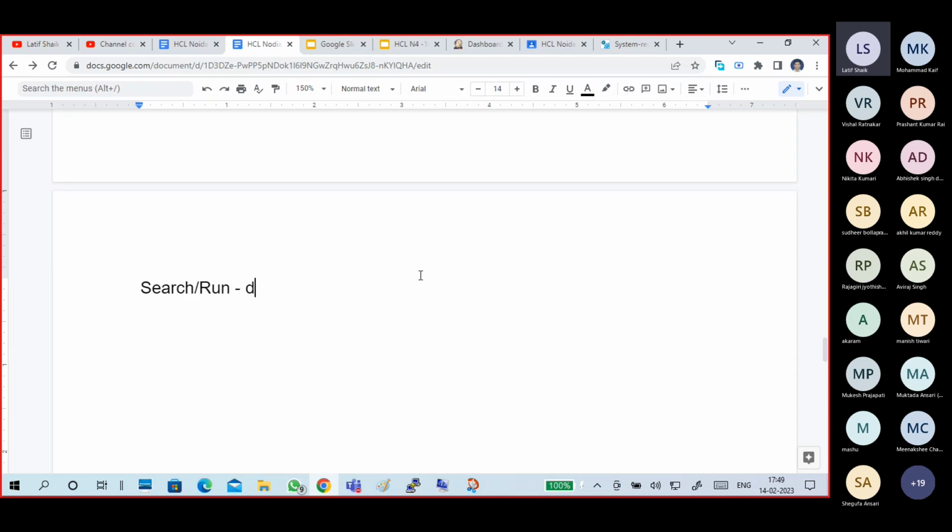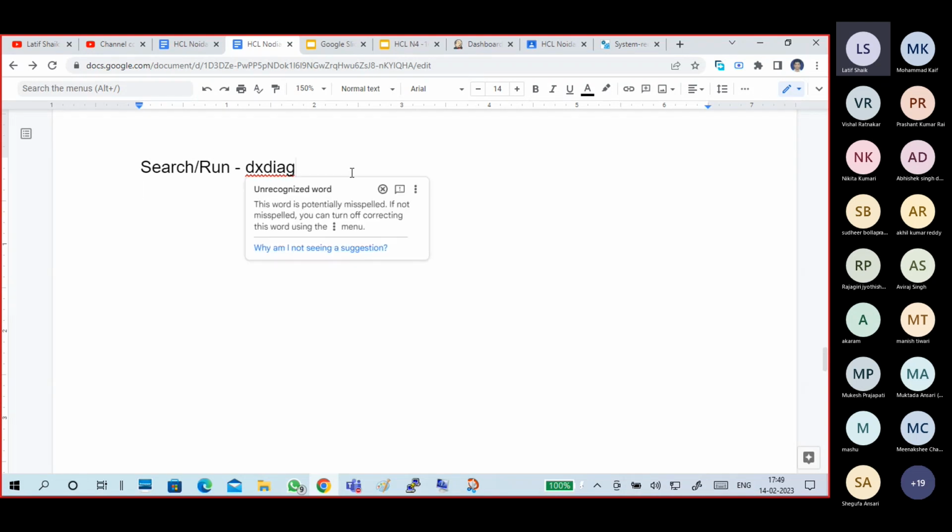You can use dxdiag. So I already told it's a DirectX diagnostics tool, not for system configuration, guys. It's not used for system configuration. It will actually tell your GPU, graphic card related information.